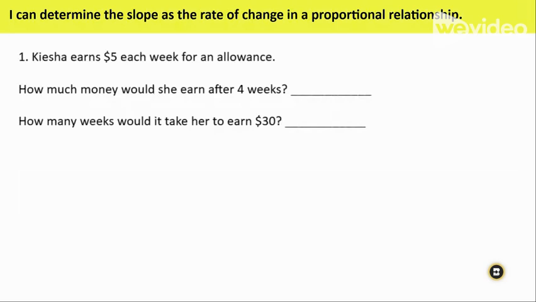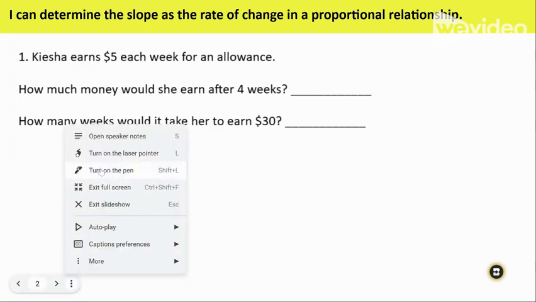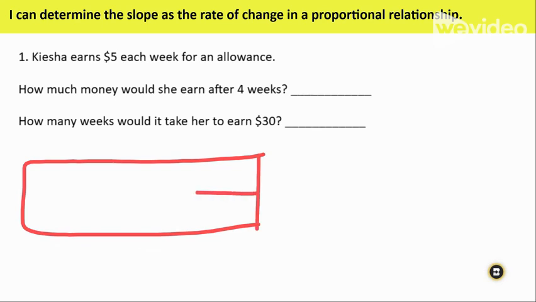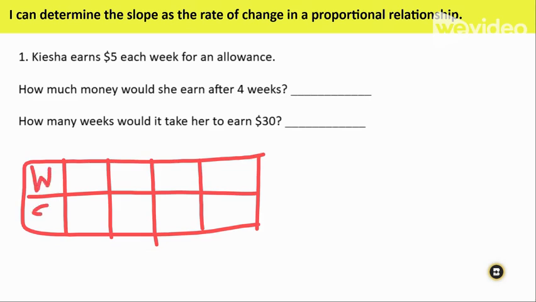The first problem says Keisha earns $5 each week for an allowance. How much money will she earn after 4 weeks? So what we're going to do today is use the tables that we're using, the ratio tables. So I'm creating my ratio table. I'm going to, of course, label my table, weeks and money. It says for each week,